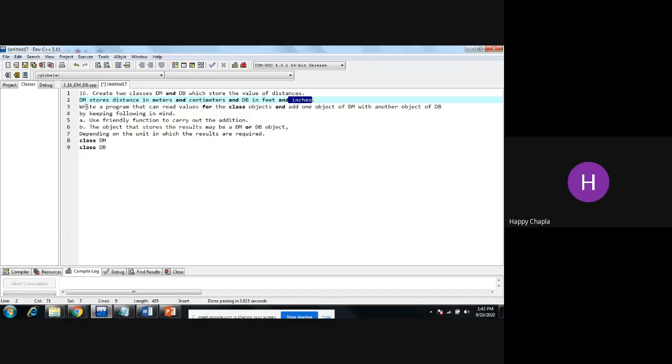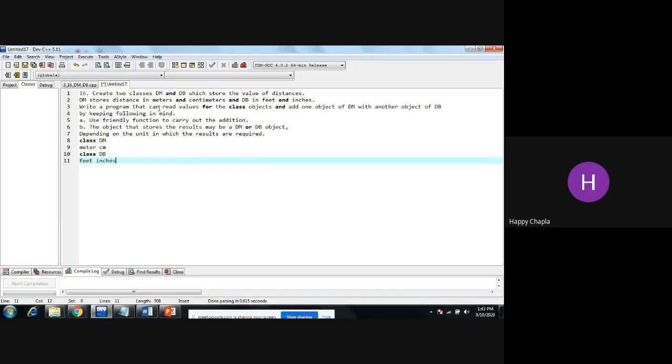So these four are my variables, but you have to keep in mind that this DM class will contain two distance units, that is meter and centimeter. So for the DM class we have meter and centimeter as variables, and in the DB class we have two more units, that is feet and inches. So till now there is no doubt.